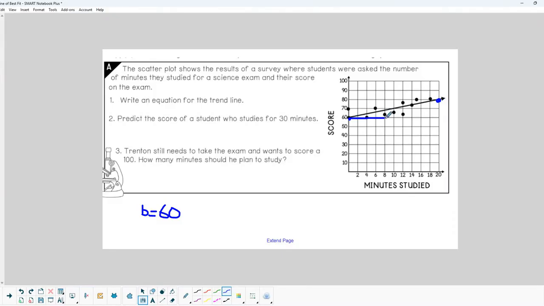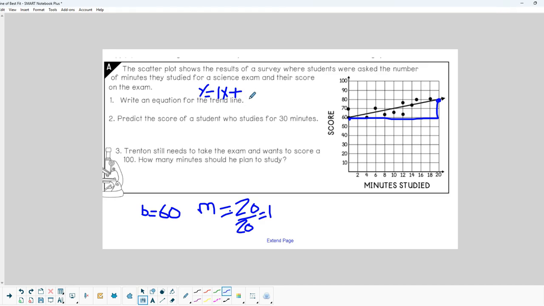You see that? Up 20 over 20 to get to that point. So then our slope is 20 over 20, which equals 1. Which means that for every minute I study, my score goes up by 1. That's interesting, huh? So our trend line or equation for our line of best fit would be 1x